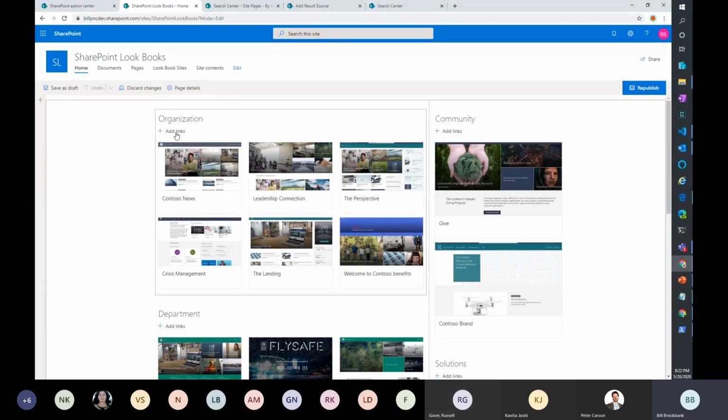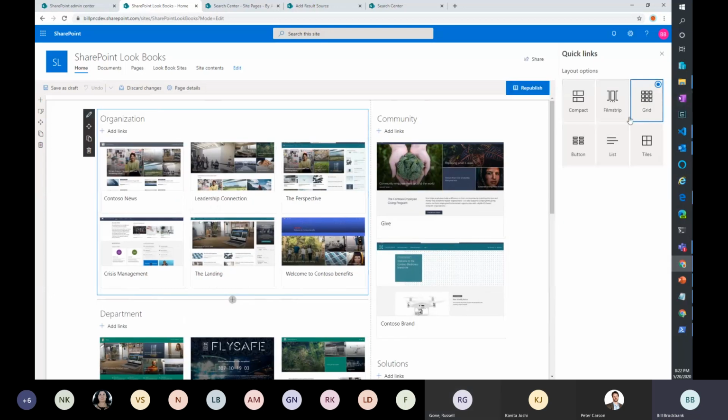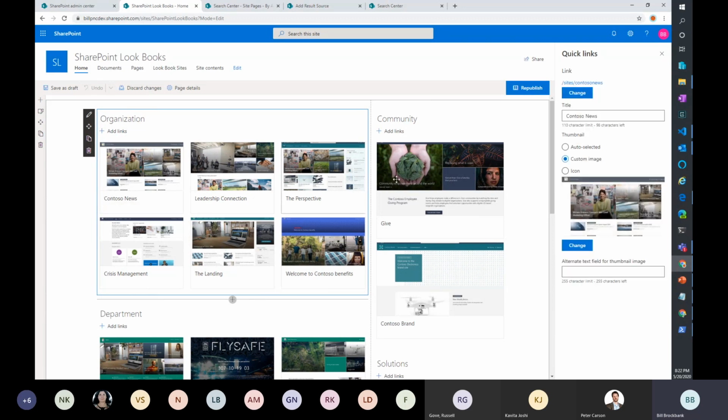Right, so you've got your quick link settings, so how you want to show it, and then you've got each of the different items. So you've got to set up the image, you've got to go change. Whereas if I was able to query this right from the site, I could have pulled all the information for the same rendering right from that site and used it like a content query web part.